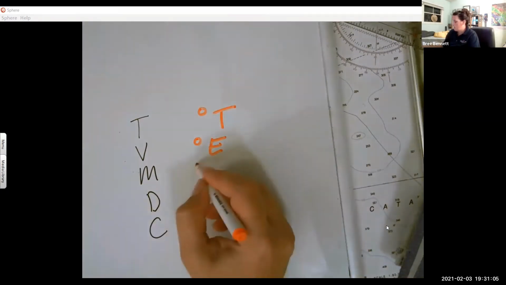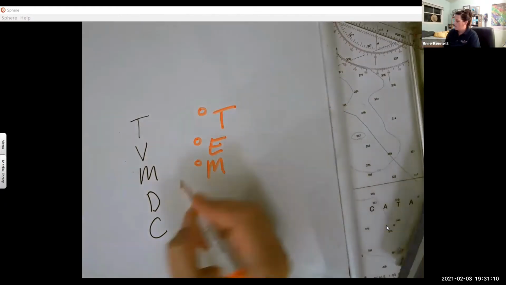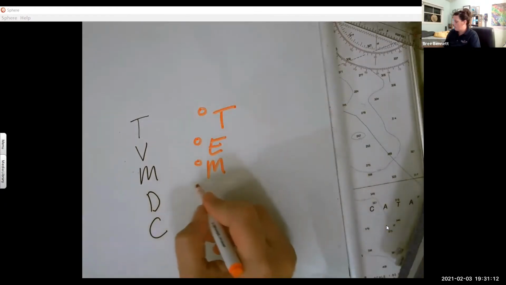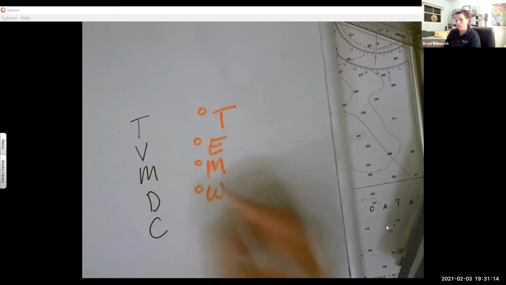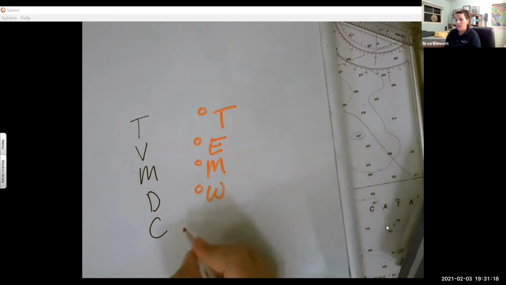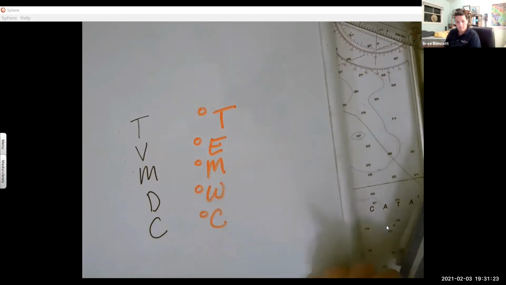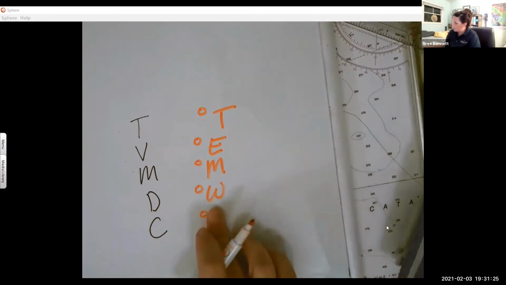Magnetic is going to be degrees M. Deviation is going to be whatever it is with an east or west value on it. And then our compass, some people go with compass, but you're going to see it a lot as